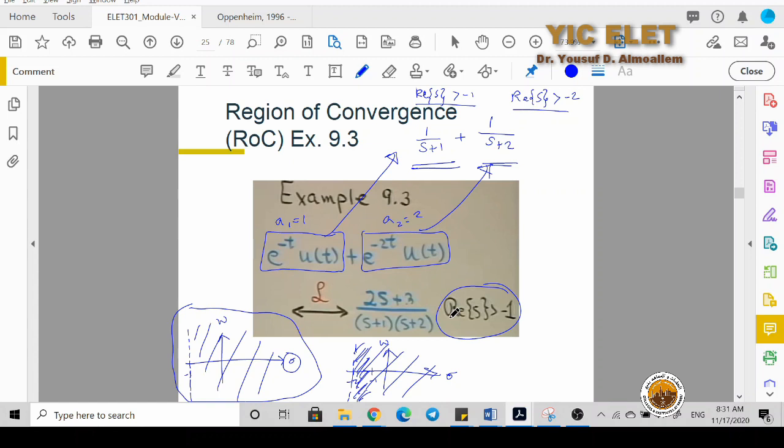Yes, I didn't understand why we discard the function